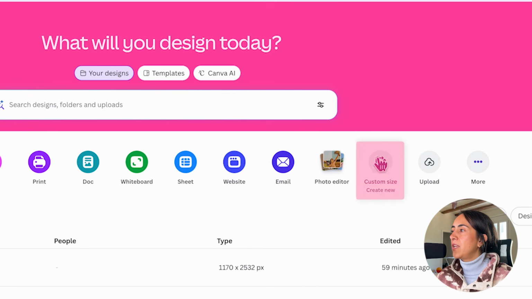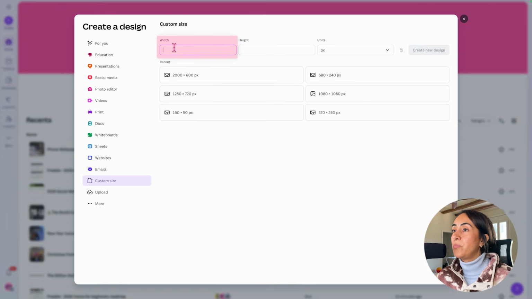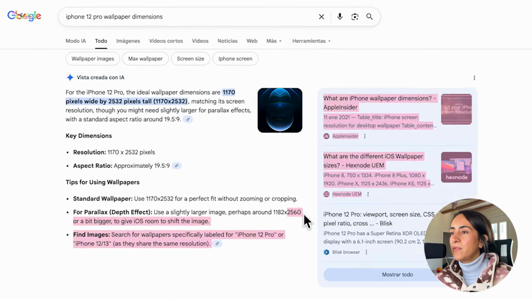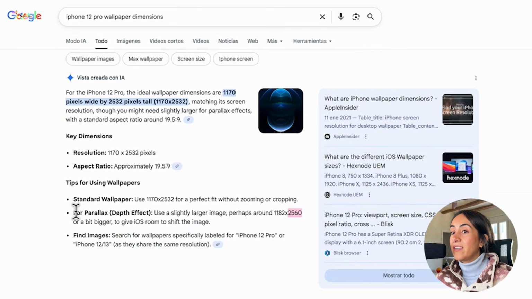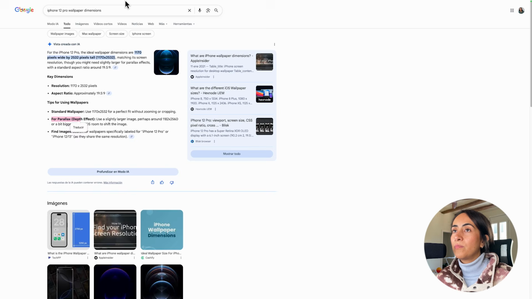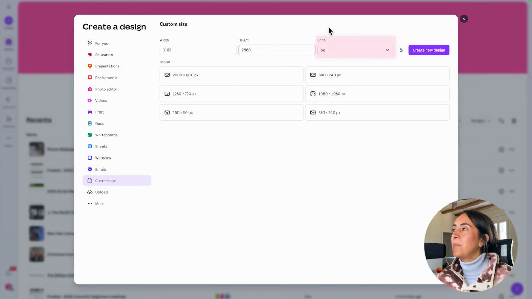So let me open Canva, and from here you are going to click custom size. I'm going to paste the width in here and coming back for the height. Okay, so here's the height. I'm selecting the one that allows me to have the parallax effect. So let me go back, height, and remember that the units must be in pixels,